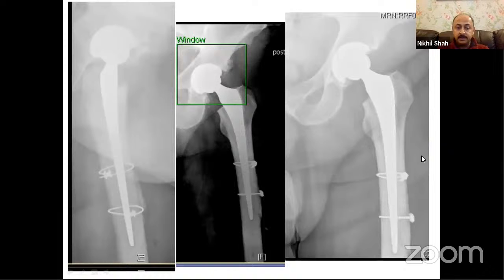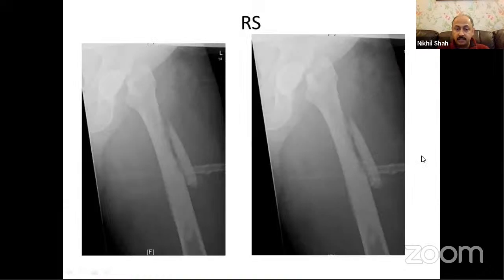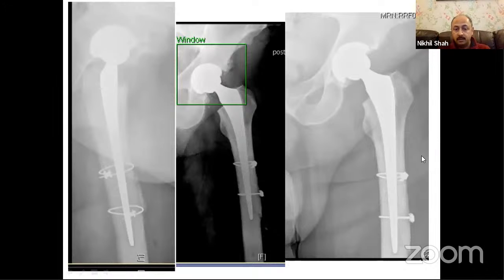So one of my colleagues did it. And again, we discussed all the options. You can see that there is quite a long 6 to 7 centimeters of cement column in the distal fragment. So the options are to try and put a hip replacement in after taking that cement column out, or to just put a hip replacement in whatever femur is available to try and get a quicker and perhaps a less invasive operation. And that was what was done. So this is an intermediate length AMT stem, which is about 170 millimeters, and it was just appropriate for whatever femur was left. And I thought this was quite a nice reconstruction, and the patient also did quite well.